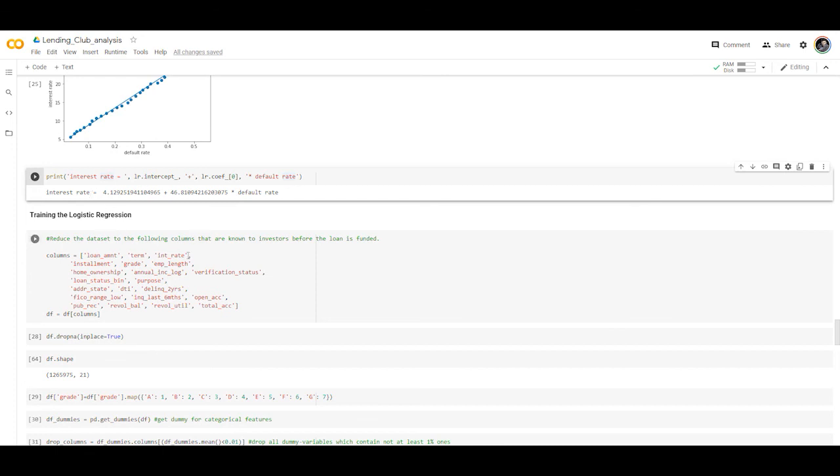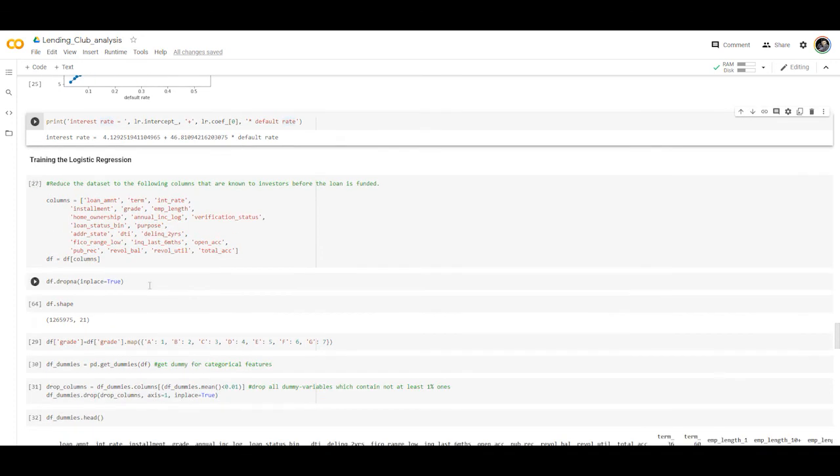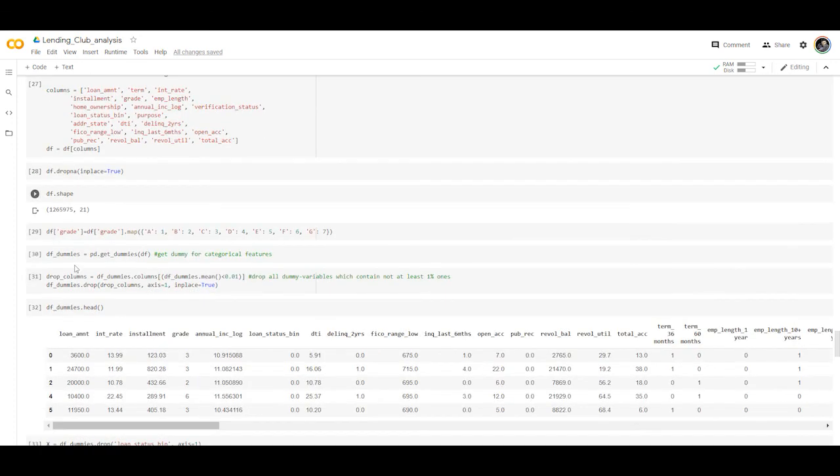So in our analysis we would reduce the data set to the following columns that are known to investors before the loan is funded. So we've got 21 columns that investors, that Jeff Bezos, know before the loan is funded. And we would drop NA, and the shape would be